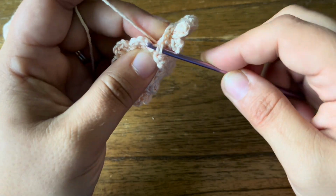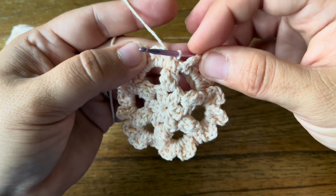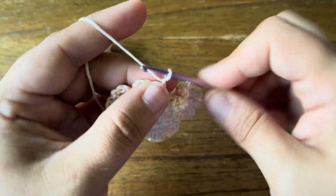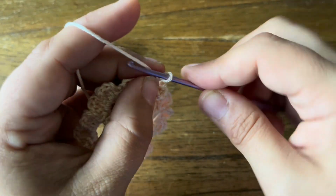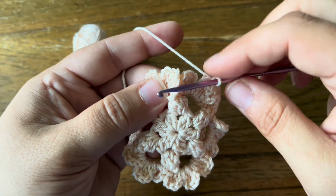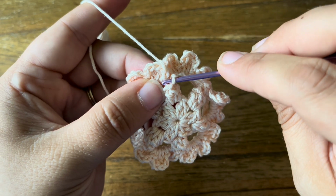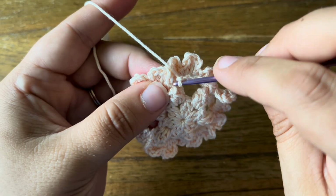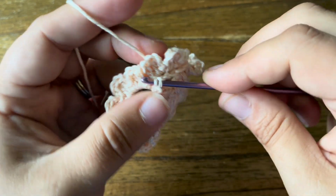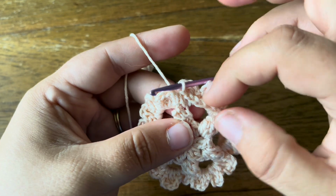Okay, so I just make my single crochet there, so it's in between these 2 petals. Then chain 5, and same thing, skip all these petals and go where the popcorn is in between. If it helps you to work it in front of the petals and then push them through to the front, that's fine. So you're just going to single crochet in the popcorn, and now this chain space is in front